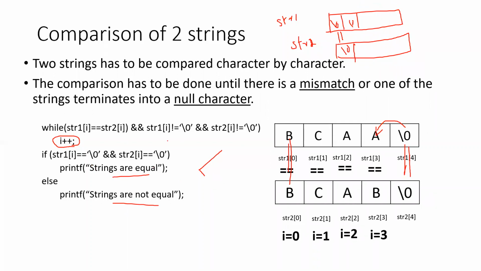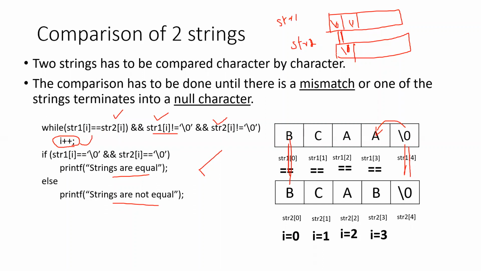In order to avoid that, if equality is the only condition given, you may be comparing two null characters and getting them as equal. So you check that str1 is not equal to null and str2 is not equal to null, and only then should you increment the I value. Got it? So these are the three conditions which you give in the while loop. If you just give str1 of I equal to str2 of I, then increment I plus plus is also fine.